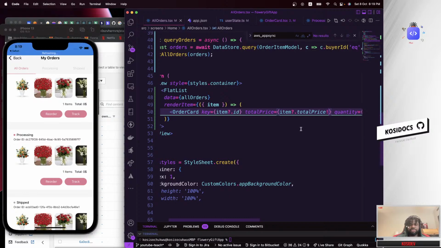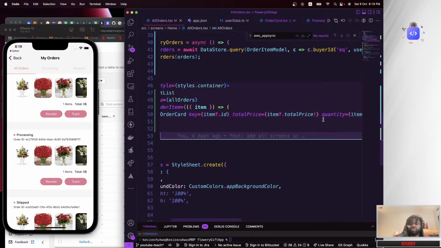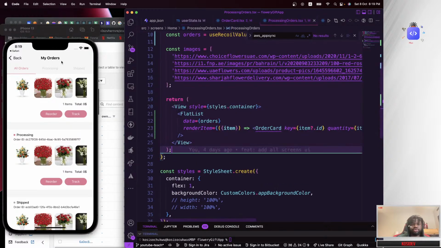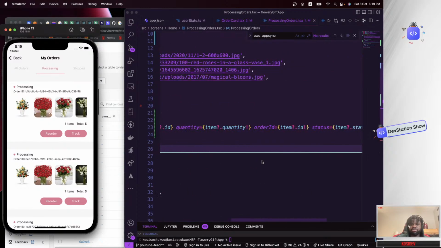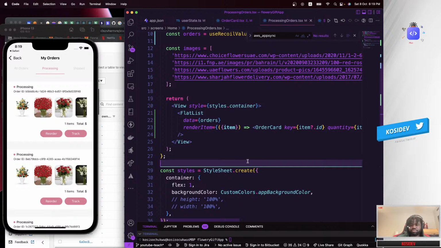And if you save this, you can see each of them has a total price of 0, which is not what we're looking for. There's nothing like 0 for a product, except a product that has a coupon on it. But in our own case, we already know there's no coupon on the product, so the total shouldn't be 0. So let's fix that issue. But first of all, let's add all this total to processing also. Add it to the processing card. And also do the same for shipped.